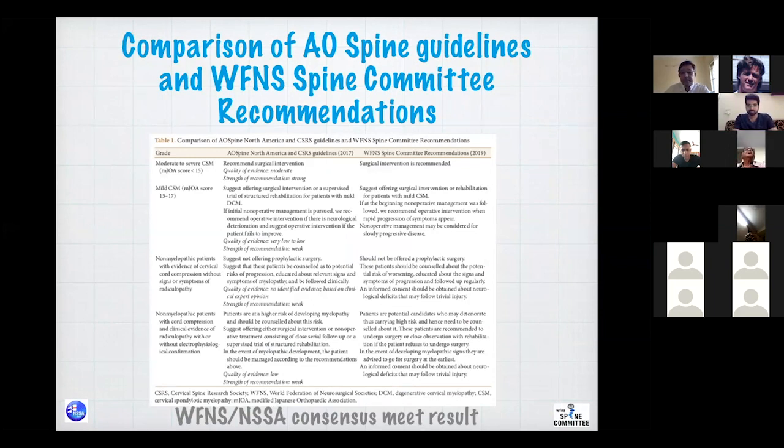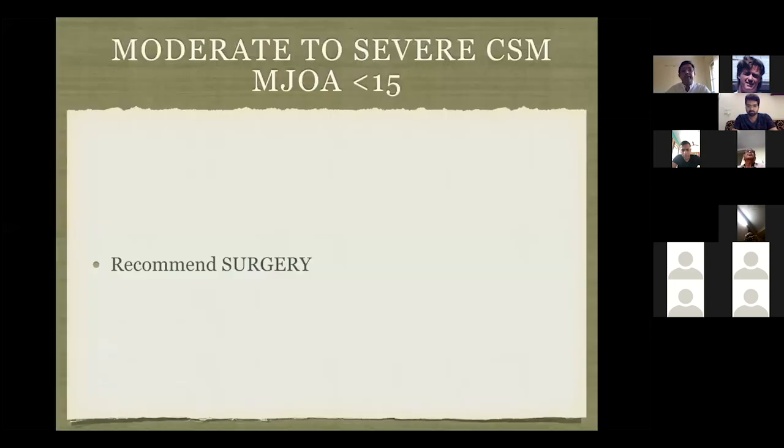You can go through that, young neurosurgeons can go through that, but I will summarize this. Now, when there is a moderate and severe CSM, the recommendation is surgery. There is no doubt in that. The recommendation is surgery because we all know that 30% of the patients worsen and 30% stay the same. So one cannot wait for anything if you have a moderate to severe degree of neurological functional impairment in the